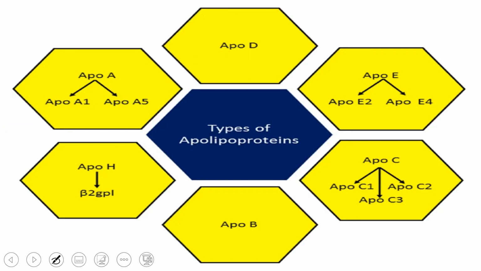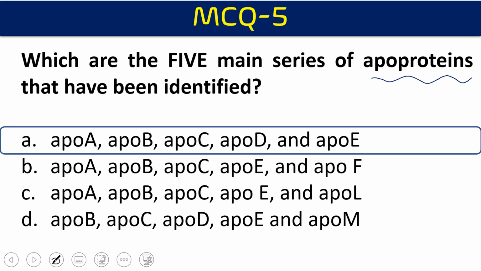These are some of the important apoproteins we are having, like apoprotein A. We have different types of apoprotein A: A1, A2, A3. Then in B we are having 2 important ones, that is B100 and B48. Then we are having C: C1, C2, C3. D we are having, and E we are having E1 and E2. Other than that, we are having H also. We are having a number of other apoproteins also, but these are the important ones. If you see other options like F, normally we don't have; L we don't have, M we don't have. So the correct answer is A.